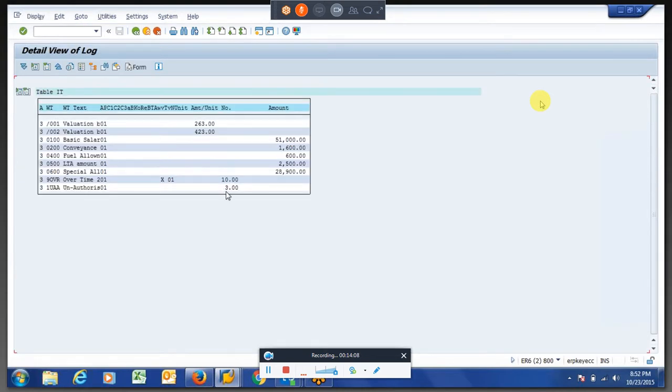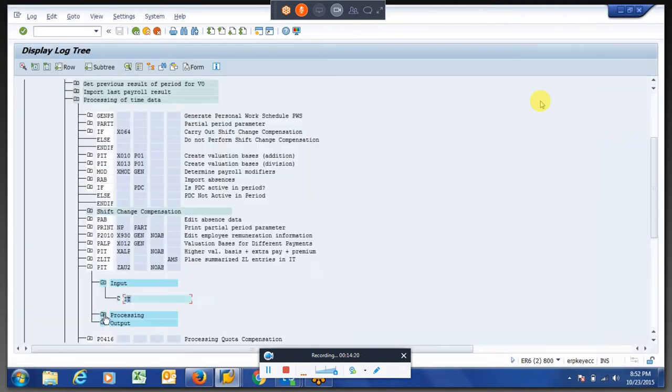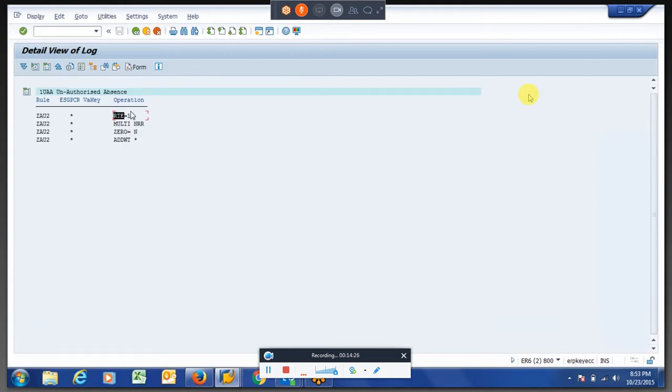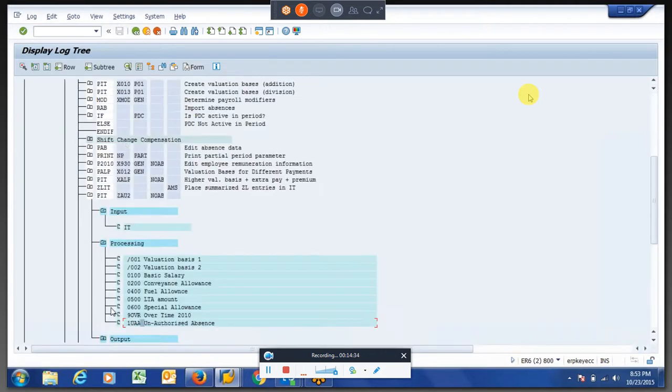Then we can see here itself in the input we have that unauthorized absence 3 hours in the place of number, right? Not in the units. So if you go to the process, we are telling rate is equal to 1, multiply number rate, and number is equal to 0 we are telling.